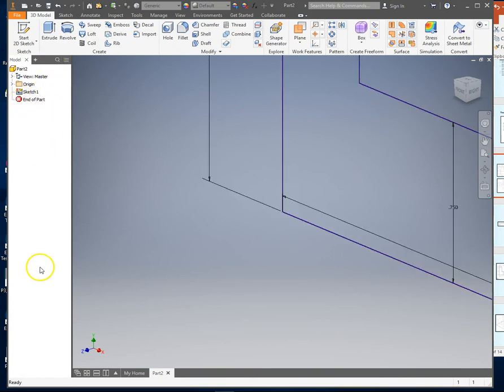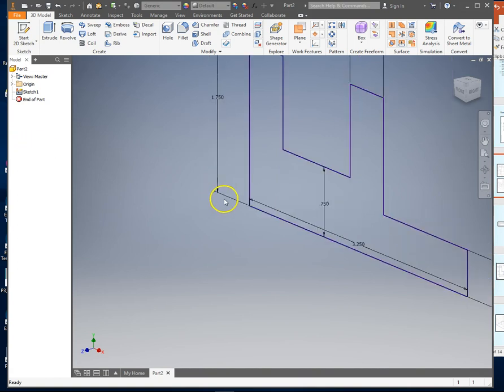Over here at the left hand side of your bar, you see the model browser window. And we know this is part 2. And we know we can open up the origin folder, and we can see some various items we might want to draw on or use later. So I'm going to close that. And we see what we've done so far. Well, the only thing we've done right now is sketch 1. But as I create sketches and create features, then they'll be here. And as soon as I extrude sketch 1, then I'll end up with a folder that has an extrusion feature. And then you open it up, and you'll see sketch 1 is underneath it. Okay, so